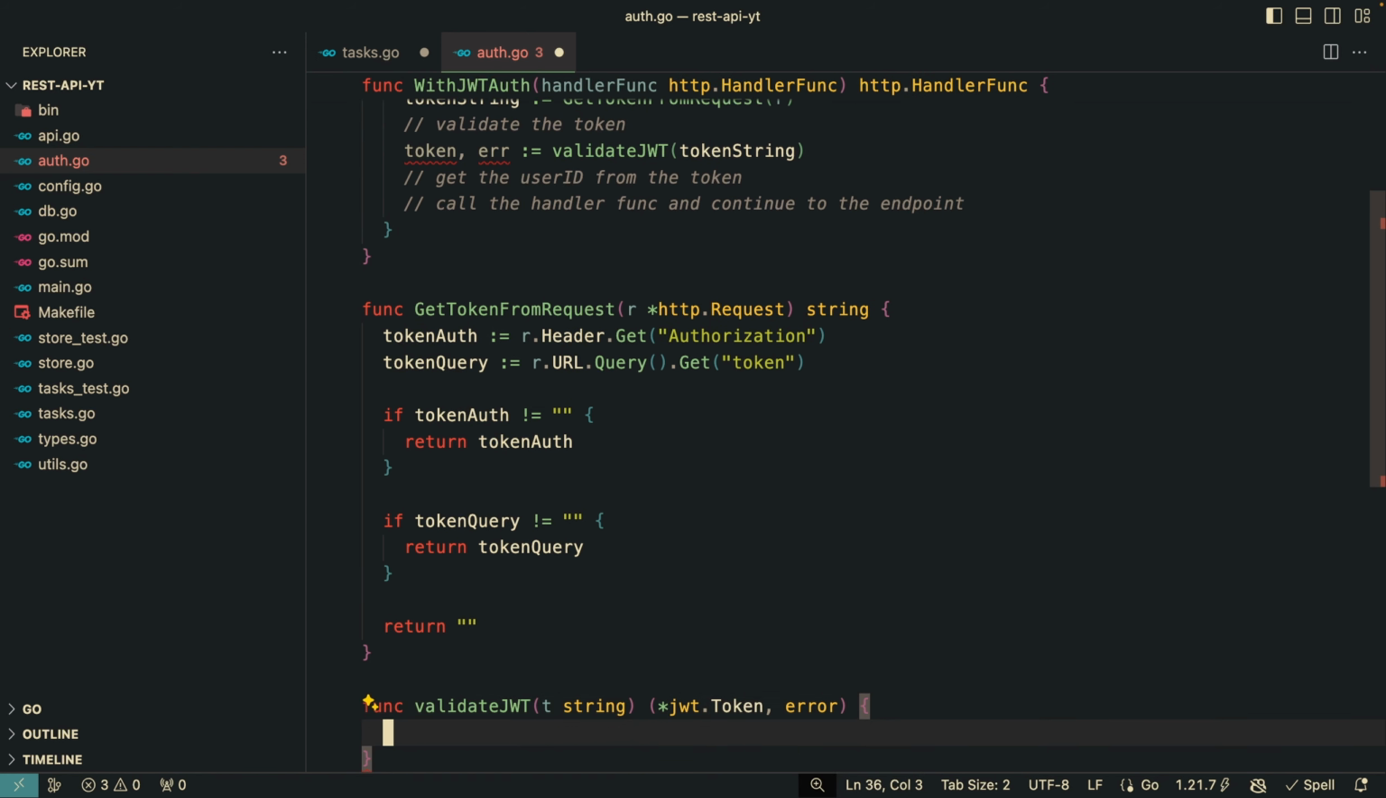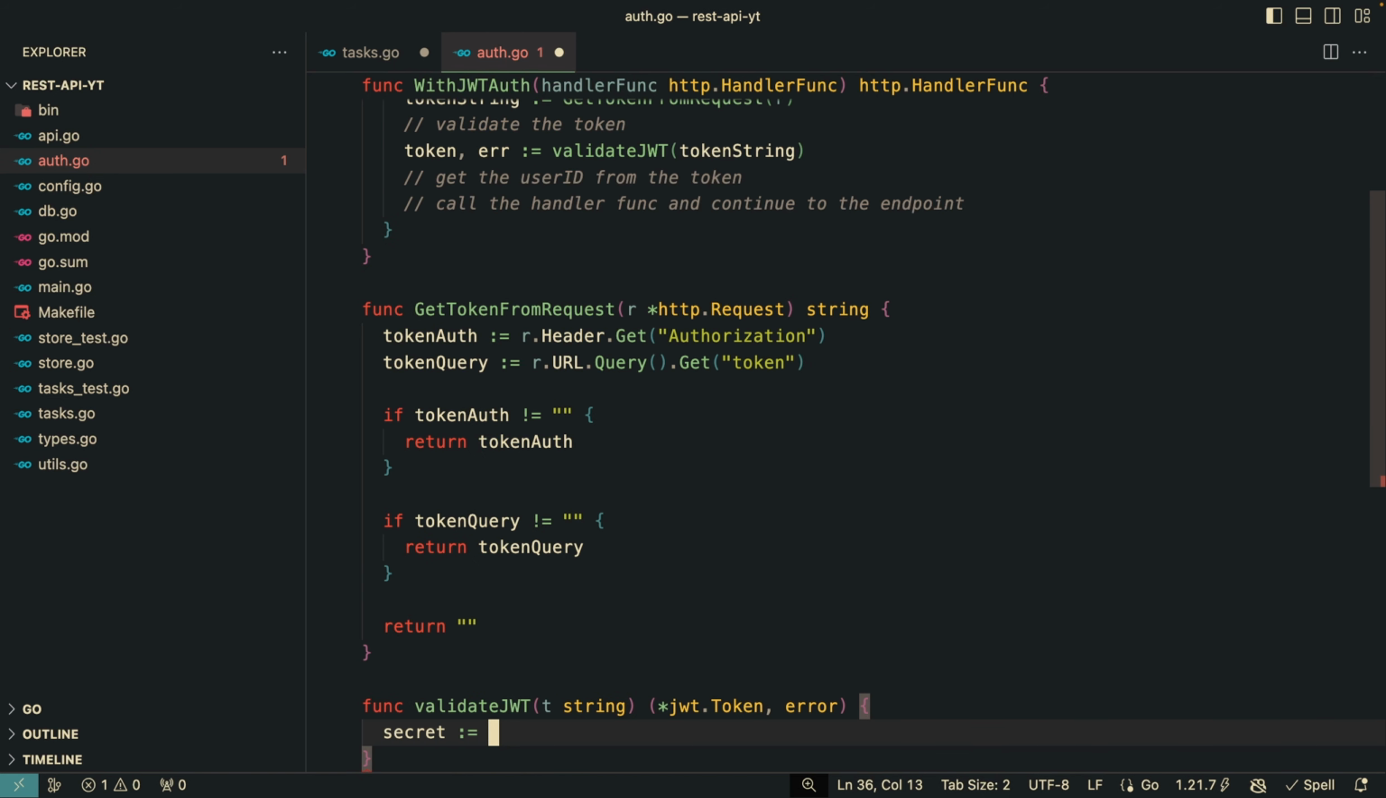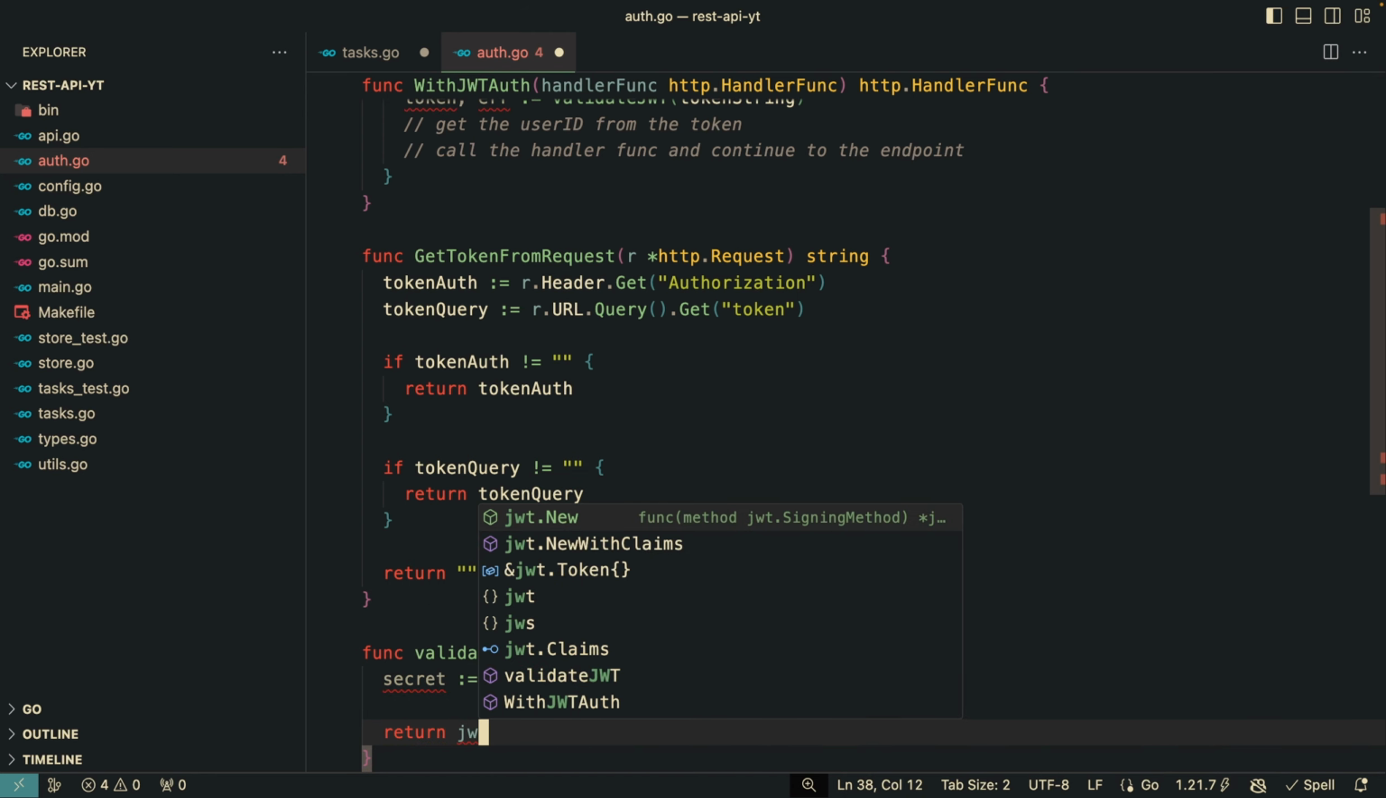Then we need to get the secret. This is the secret that we created on our config, if you remember, this one. This is how we are going to check and decode the token. So we need this key to open the token. Otherwise, anyone could open it. So let's go to env.JWTSecret. We already had this set up from before. That is awesome. So let's just return a